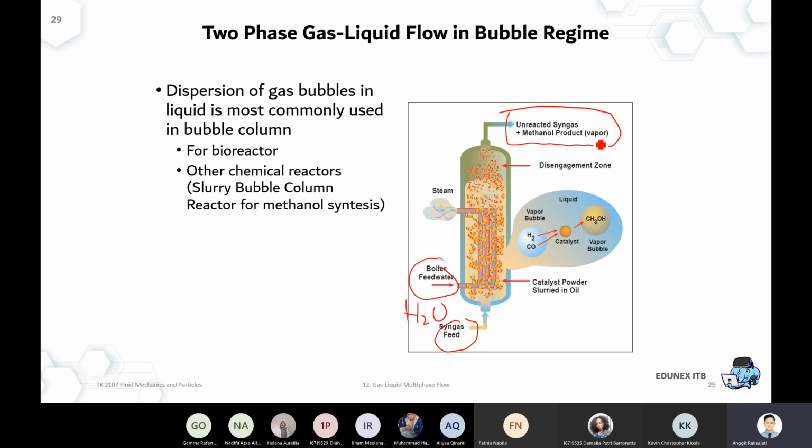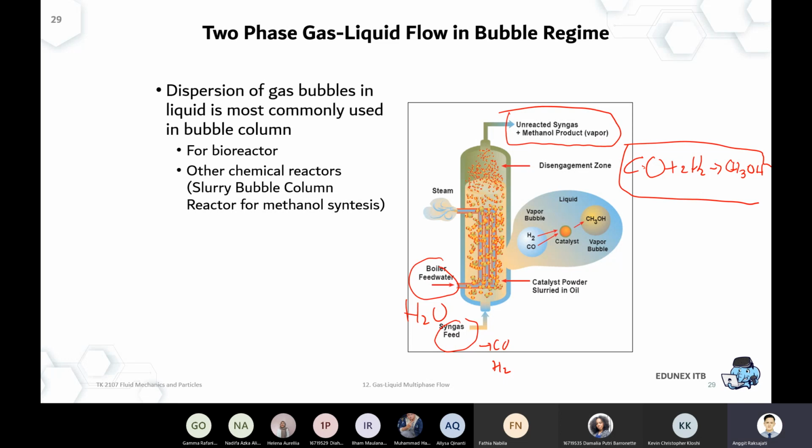You want to get methanol production. Methanol is carbon monoxide plus 2 hydrogens becoming CH3OH. Yep, I think that's balanced. So that's the synthesis of methanol from syngas. Syngas is carbon monoxide plus hydrogen. So you feed CO plus H2 over here, and then you get unreacted syngas plus methanol as a vapor. And it could involve some phase change, for example.